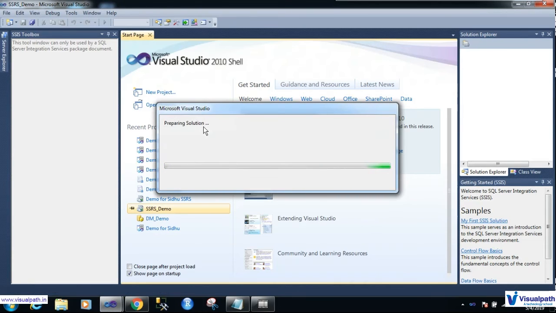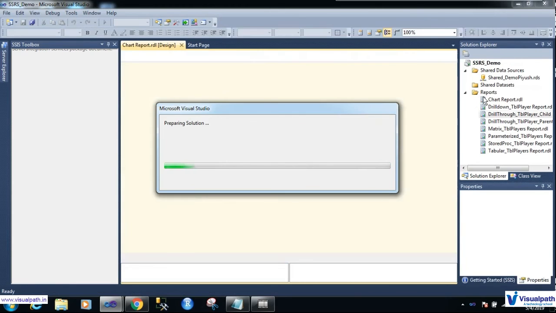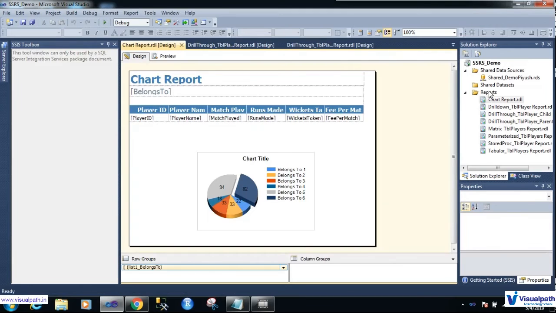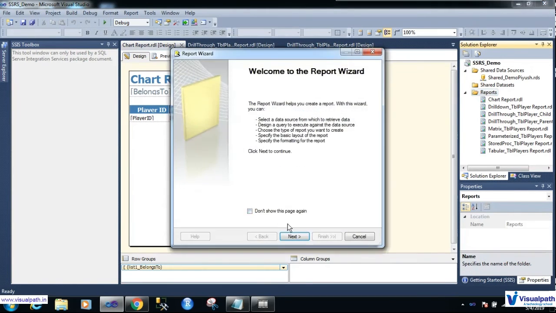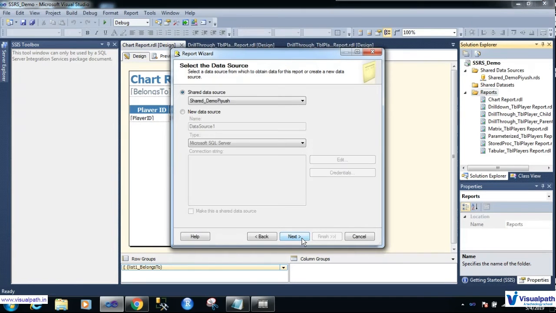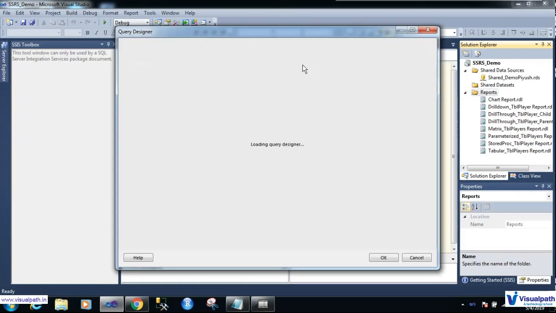If I want to create a chart kind of report in SSRS, it is very difficult to do that, and it will not give you good features. For example, I will create a new report, click on next, click on query builder. I am going to take the data of a table here.